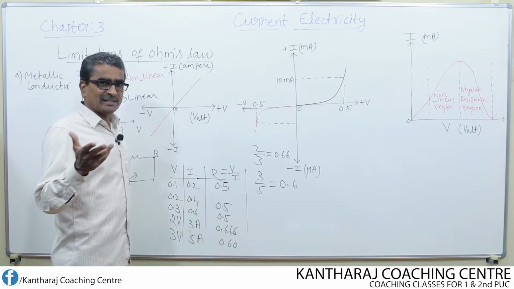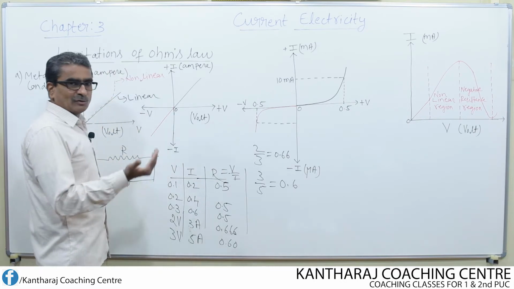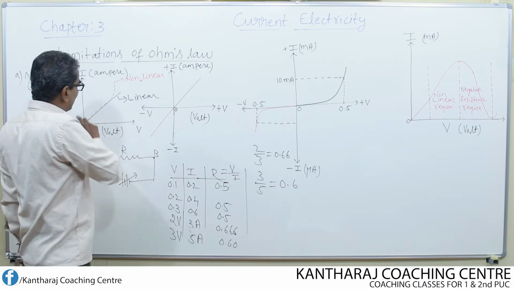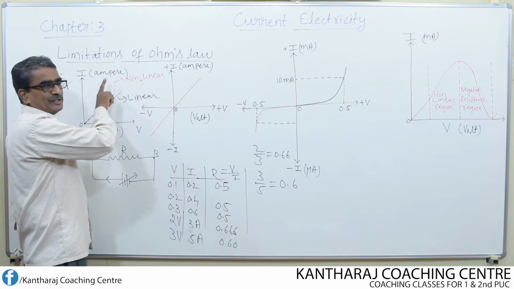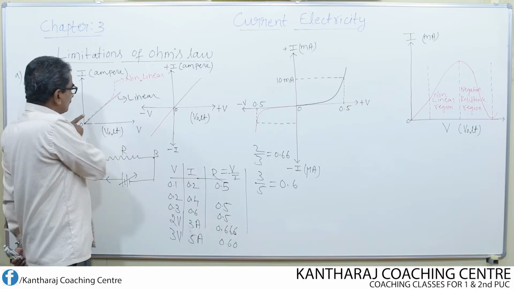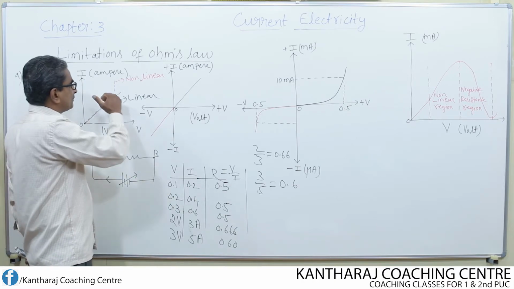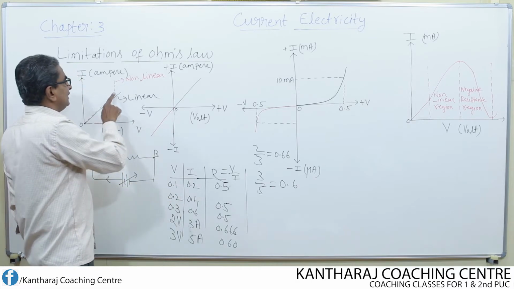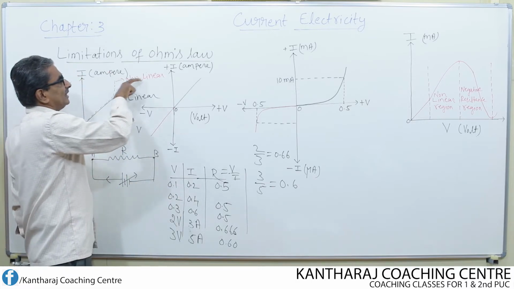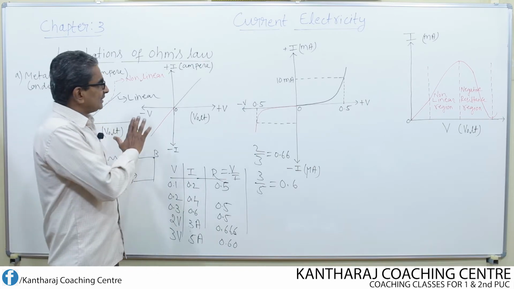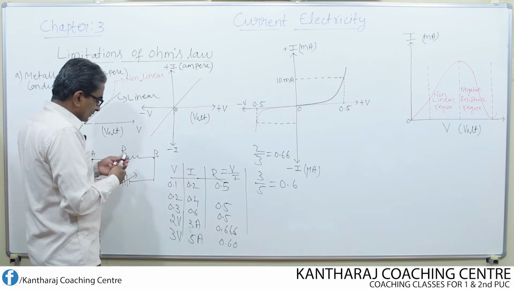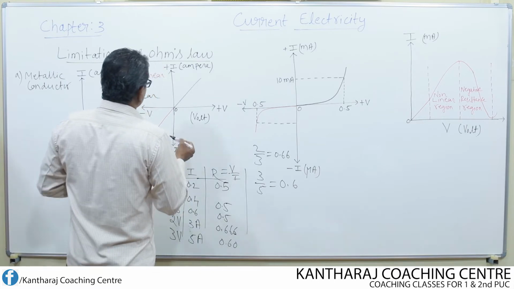At large current, Ohm's law doesn't hold good, because if you plot a graph of I against voltage, the graph is not found to be a straight line completely. It is found to be straight up to a certain voltage. Beyond that, as current is increased, it is found to be curved like this, indicating a non-linear variation. So this is one limitation of Ohm's law. So we can write like this for this.